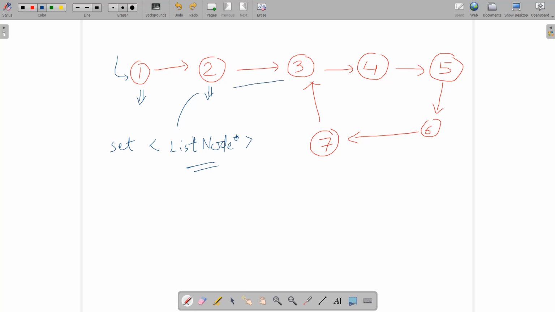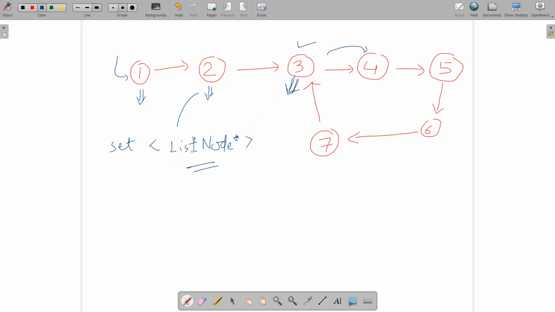Okay, when I move to this node, you can see only this node and this node are present in our set, and we are going to check whether this node address of 3 is present in our set or not. If it is not, then we can say that we still haven't found any linked list cycle. You can see this is not present, so I will move to this one and go there, and I will store this node address